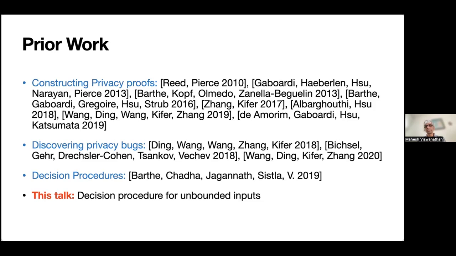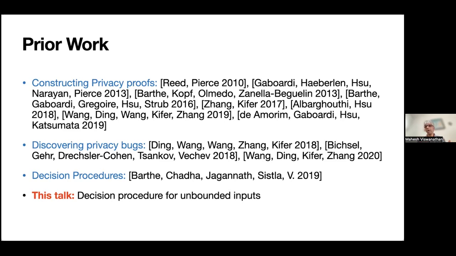Another stream of work is in the dual problem, trying to discover bugs. So there are approaches to search for counterexamples that show that the algorithm is not differentially private. These approaches sometimes use statistical methods to identify examples that demonstrate that the algorithm is not differentially private. And then there is a line of work that tries to